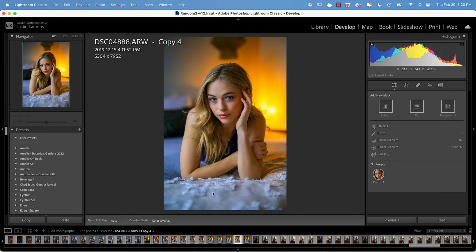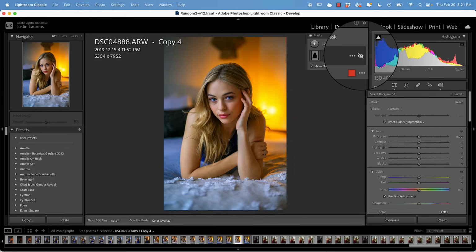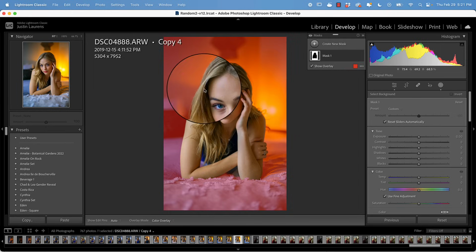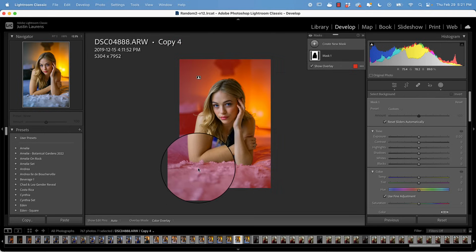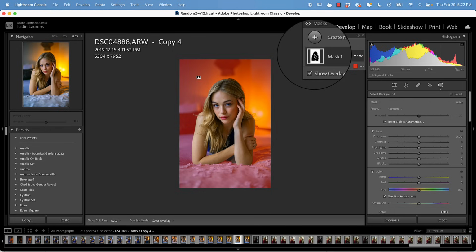And to start, I'm going to begin by targeting the background. To do that, all we need to do is click background, and Lightroom's AI selection tool will automatically make a selection of the background. Now, as you can see, Lightroom has incorporated a bit of the foreground into our background selection, which is not what we want. So we can modify this selection by clicking into our mask right over here